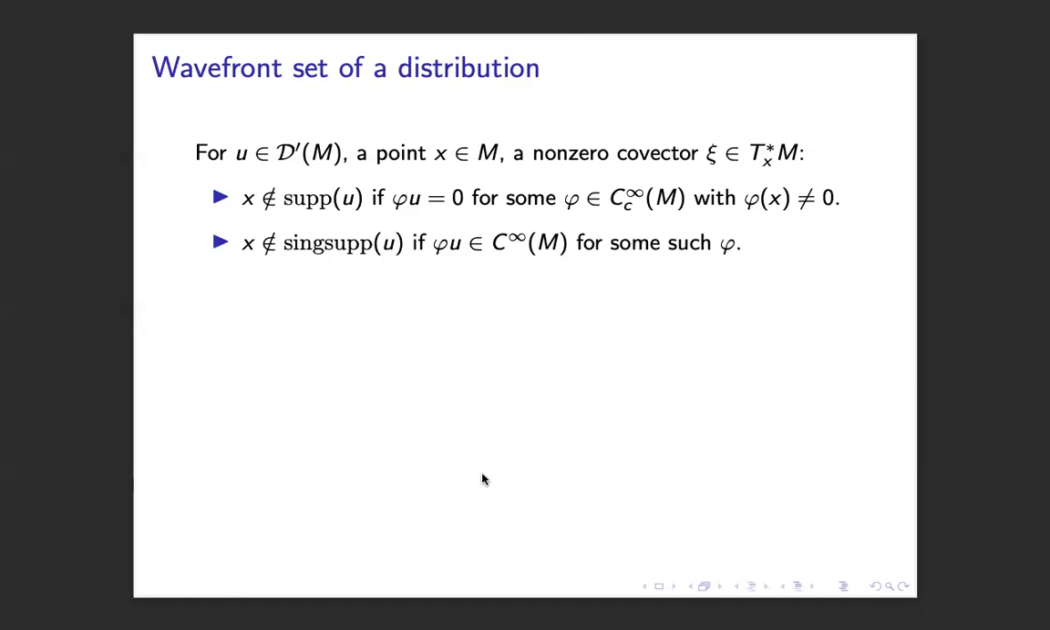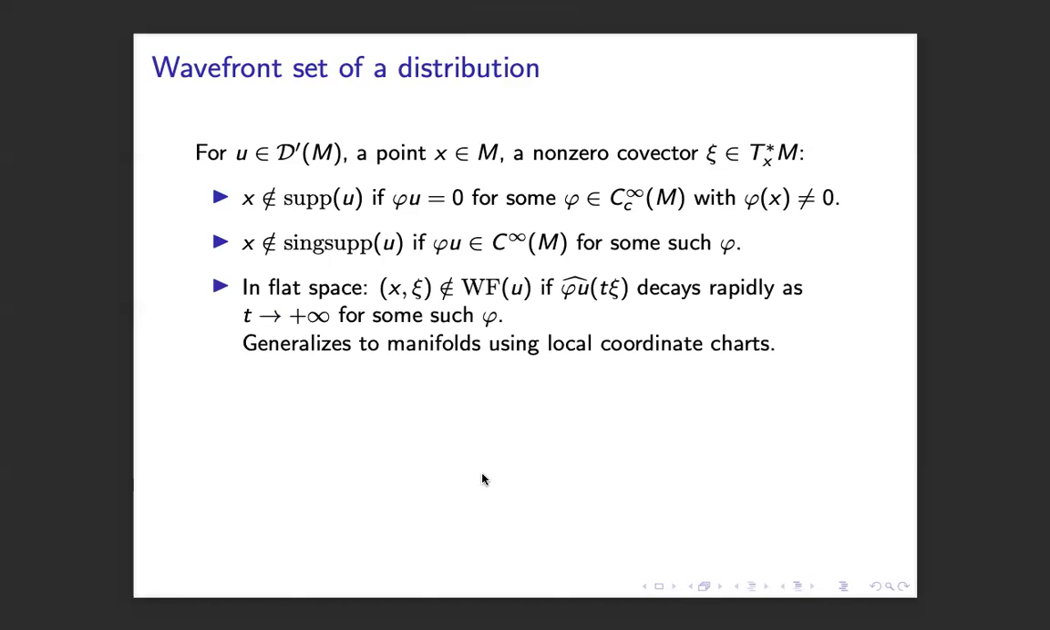Now the wavefront set is a refinement of this, which lives in the cotangent bundle. In flat space, you can think of it as a point and a vector at this point, a direction at this point. So we say that a point x and a non-zero covector ξ at that point are not in the wavefront set. This is like x not being in the support and x not being in the singular support. So ξ is not in the wavefront set of u